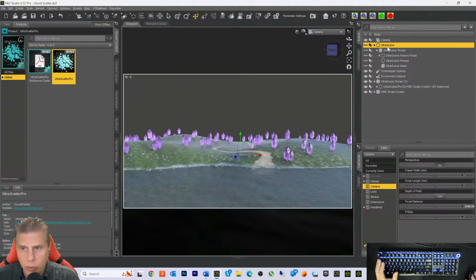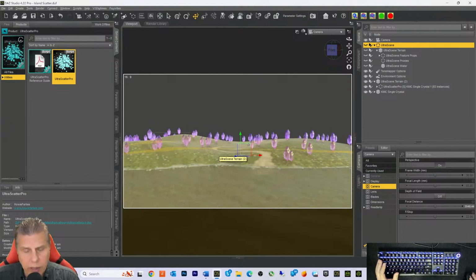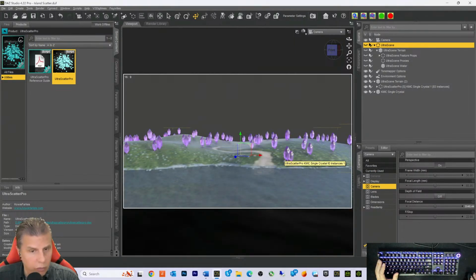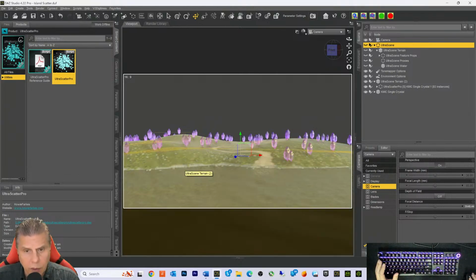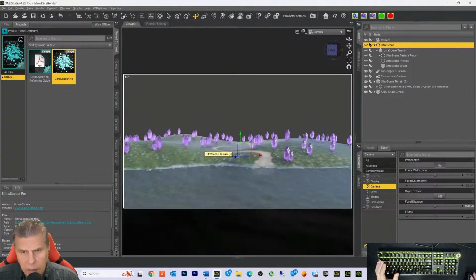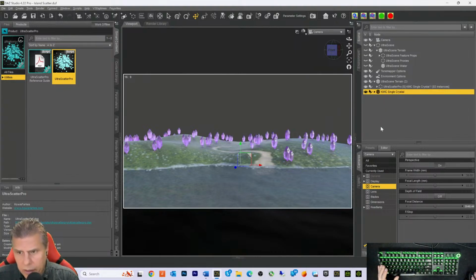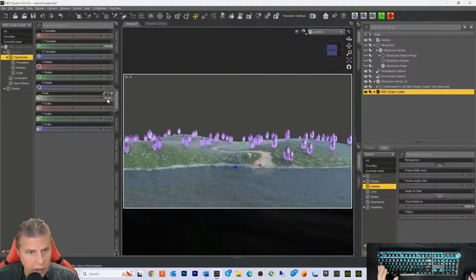Now what we're going to do is use ultra scene. I'm wondering if these are too large, because this road looks tiny, like for a road. These kind of look large. I'm thinking that if I take my crystal here and go to its scale,